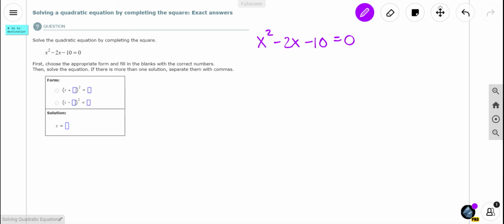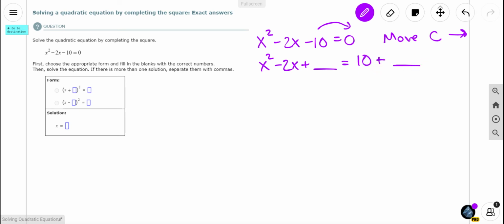All right, so we're going to complete the square. So the first thing you want to do is move C to the other side. Okay, move C over. That's my shorthand. Okay, so we're going to get x squared minus 2x and then plus something. Leave room for it. Okay, leave room for completing the square, and then you are going to complete